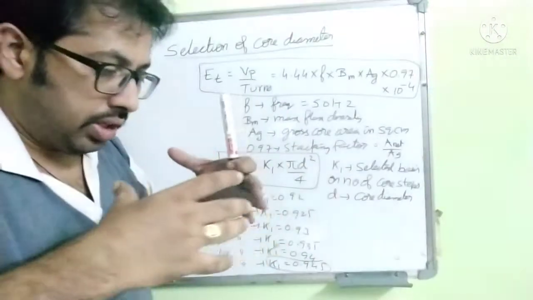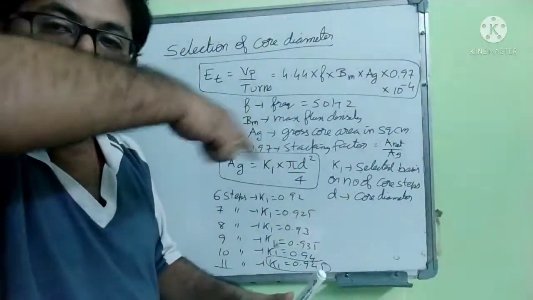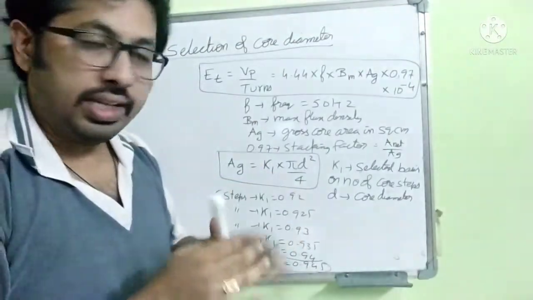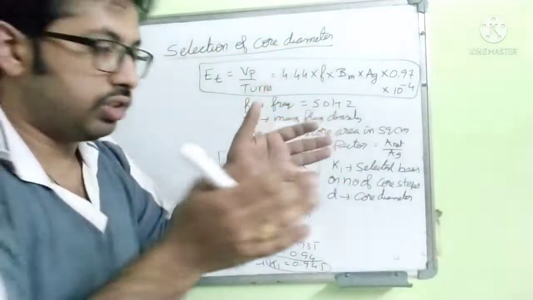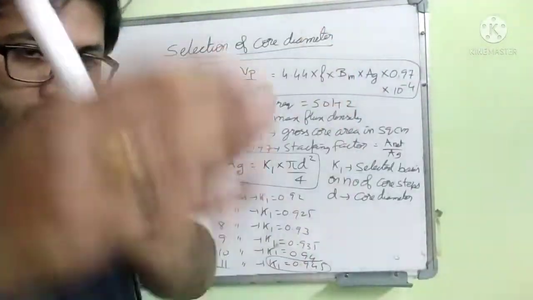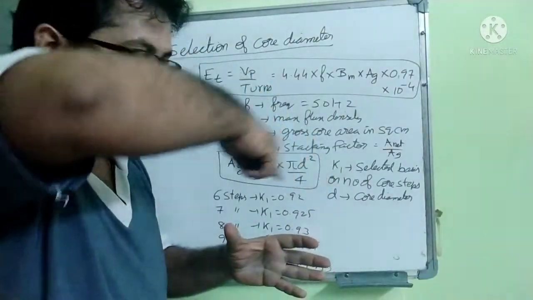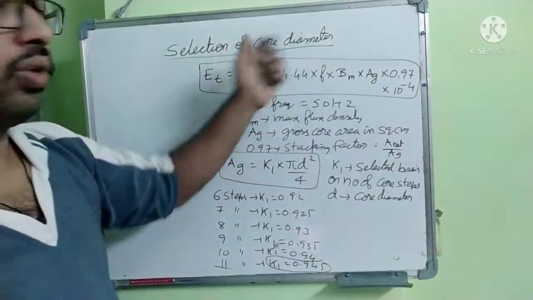If you see the top view, the lamination core will look like a circular shape. We call this the core diameter. We are designing the diameter of that core. In a 3-phase transformer we have 3 limbs. One limb, seen from the top, looks completely circular, like the core diameter. That is what we are learning to find.